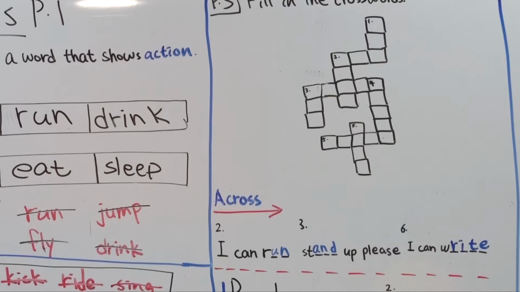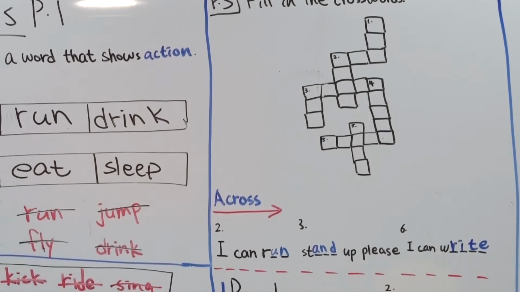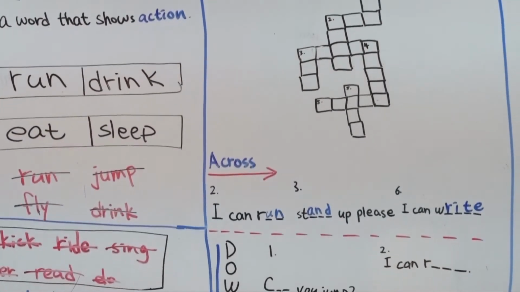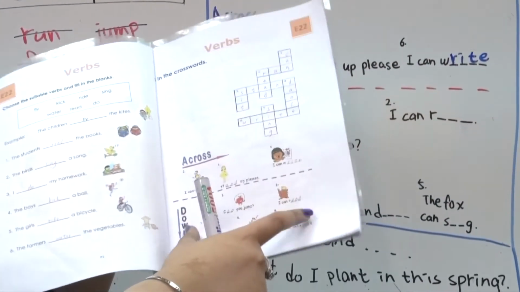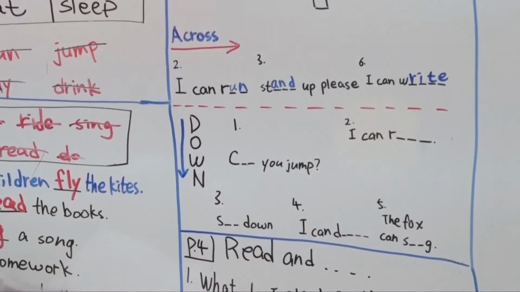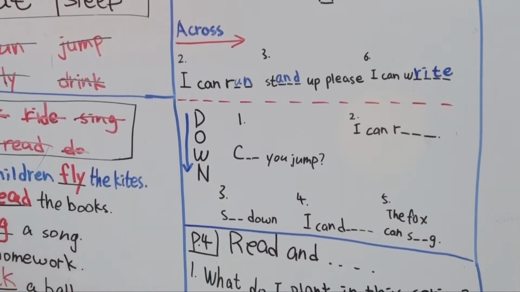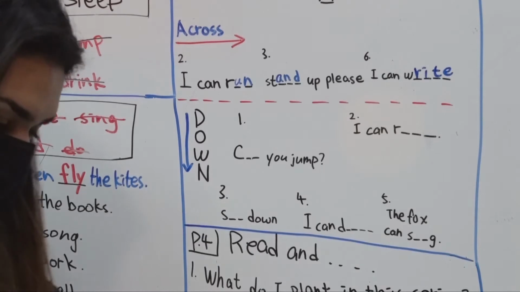Look at the picture and fill in the blanks. Alright, I have done 3 of them with you, right? Can you do the rest of the 5? 1, 2, 3, 4, 5. Yes. The section down, okay? This section, the section down. Can you do that for me? I'll give you 2 minutes for that again. Can you fill in the blanks very, very quick for me? Your 2 minutes starts now.